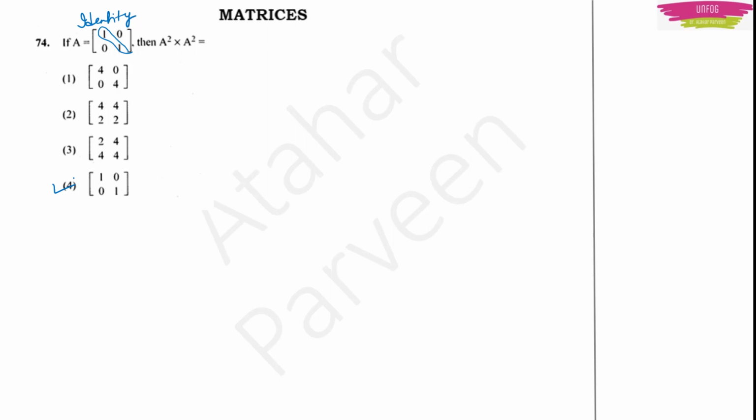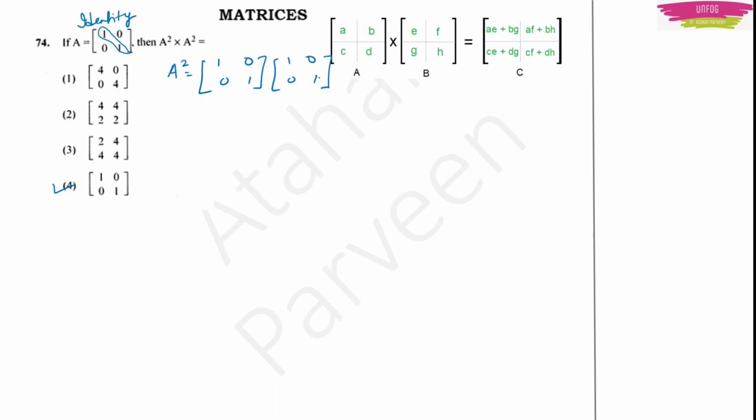In case you don't recall it, then you have to follow the actual procedure. So first you find A square here. A square is equal to the given matrix 1 0 0 1 into 1 0 0 1. I hope you remember how to multiply a matrix. If you don't remember, you can learn it here. This is how you do. What you do is first you take rows, then you take columns, then you multiply each element from one row and element from